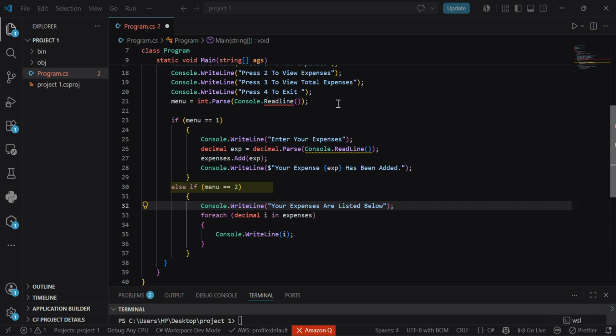Okay, this next part handles viewing all your expenses. Else if (menu == 2), same idea as before, just checking if the user picked option 2 this time. Then I print a quick message saying the expenses are listed below. And then this line: foreach (decimal i in expenses) {, this is basically identical